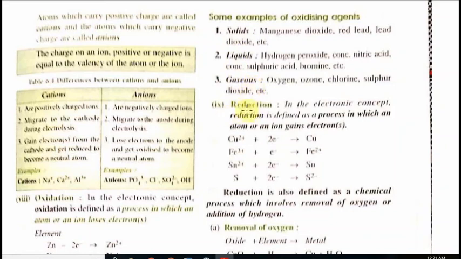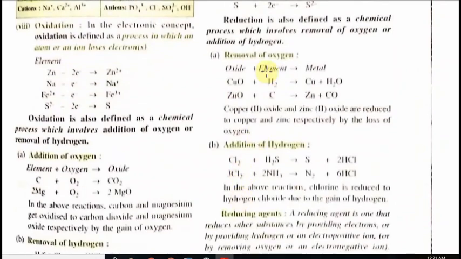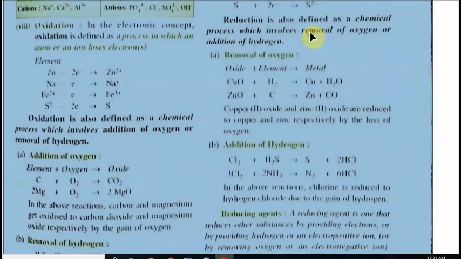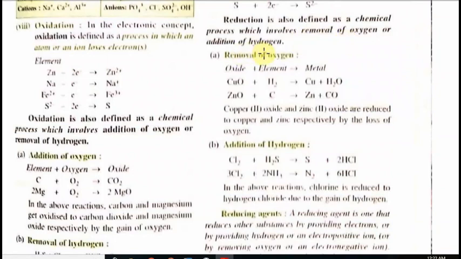Opposite of oxidation is actually reduction. Reduction is gain of electron. You can see copper gaining electron, iron gaining electron, sulfur gaining electron. So gain of electron is actually reduction. Now reduction can also be defined opposite to oxidation. It means removal of oxygen or addition of hydrogen. You can see here this contains CuO, but this O is lost. You can see here this is reduction. This ZnO lost oxygen. You can see here.